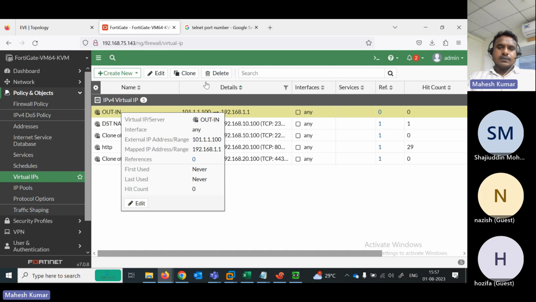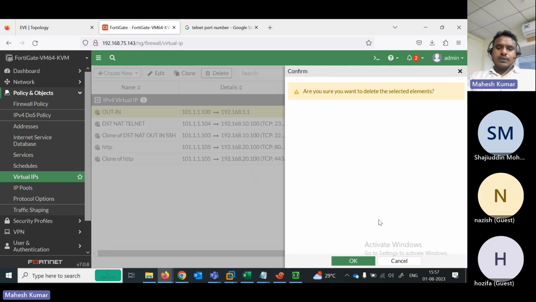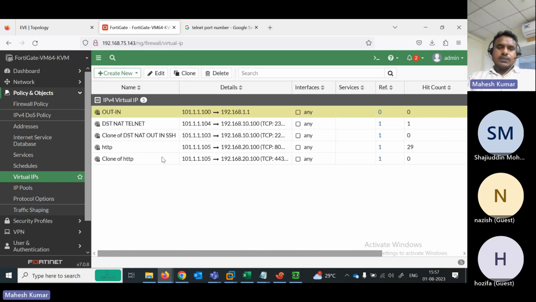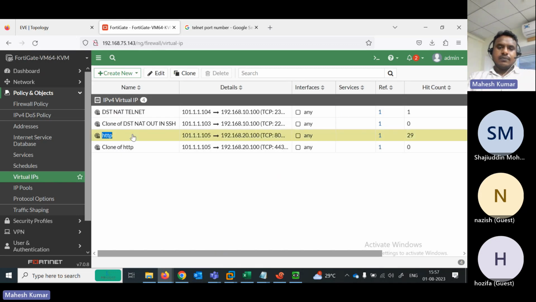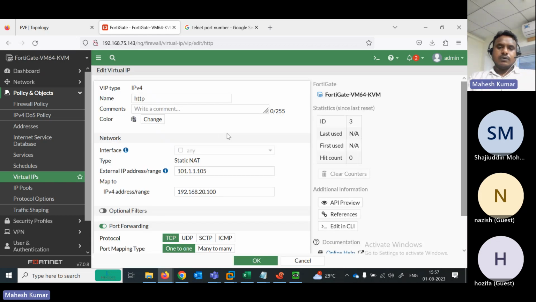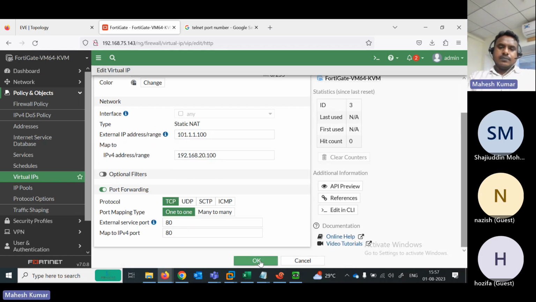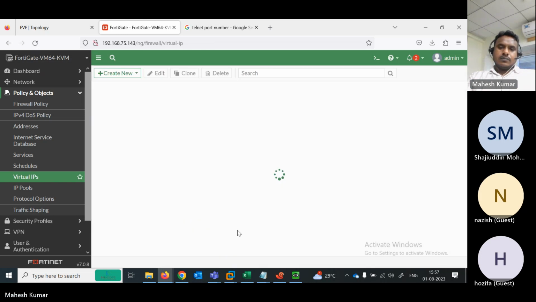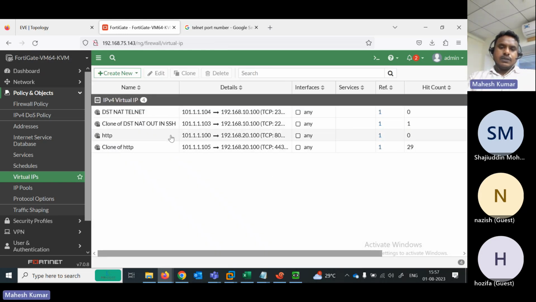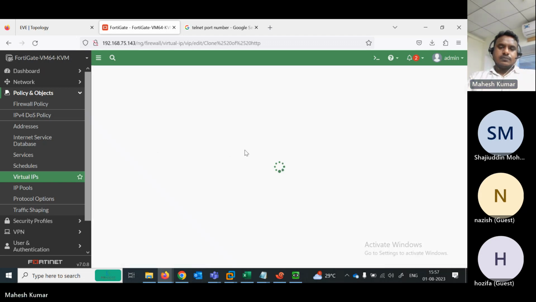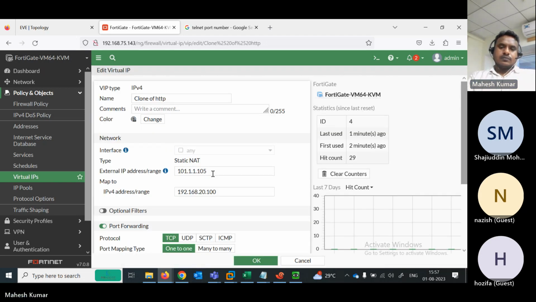I'm just deleting this out to in, and instead of keeping a 105, I will use 100 only. Okay, 100, for 80. Here also I will use 100 for 105. Okay,